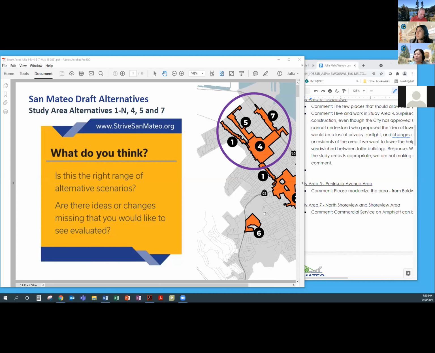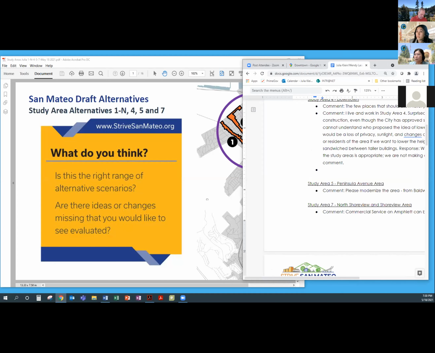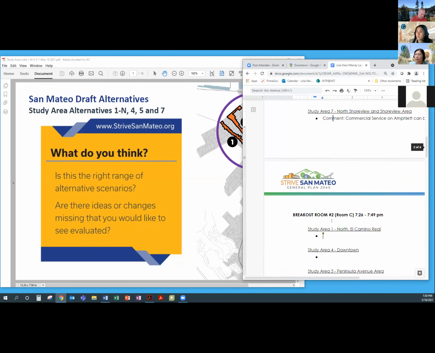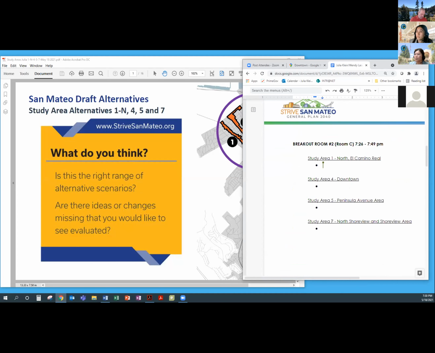I see a few familiar names. I wanted to indicate that we have two things that will be shared concurrently. One is the presentation itself with the slides of the 4 geographic areas that I cover. In addition to that, Wendy is taking notes.